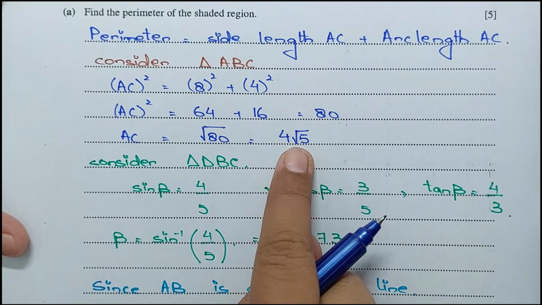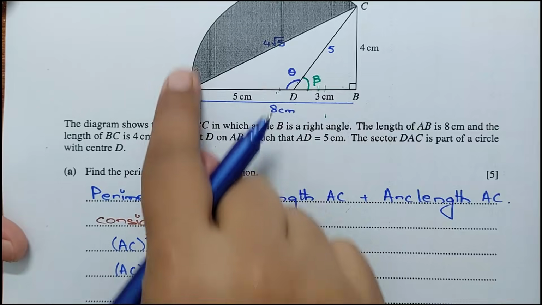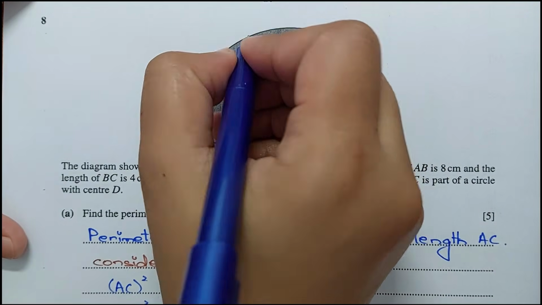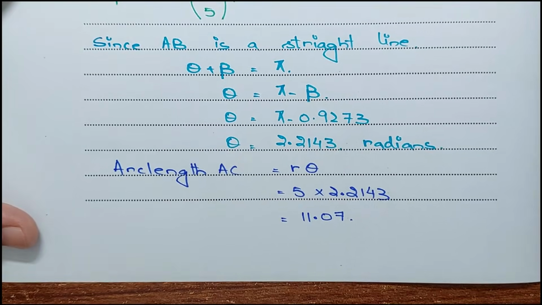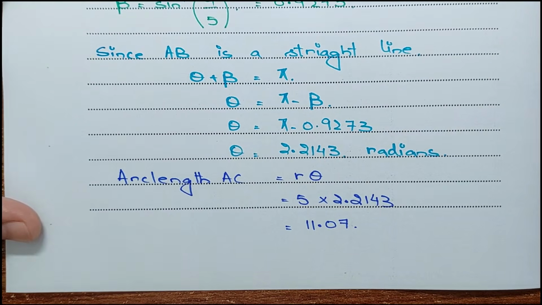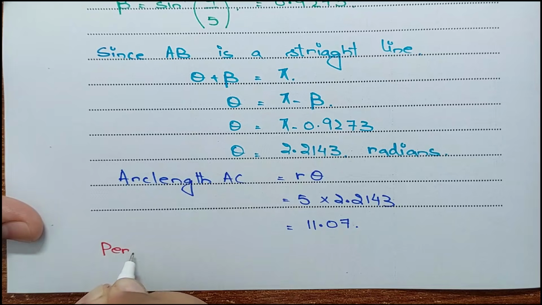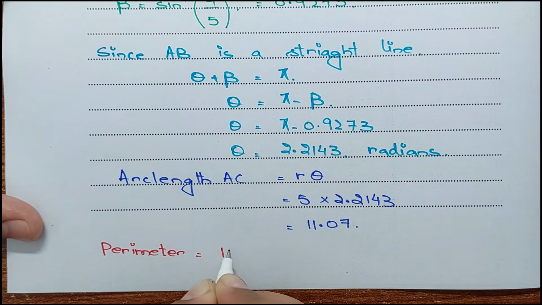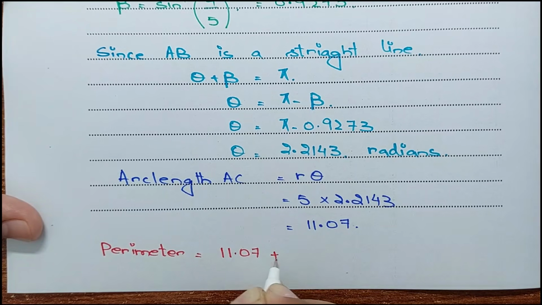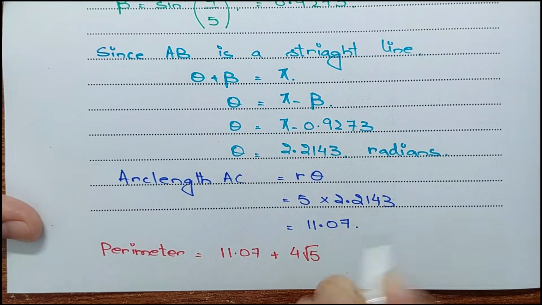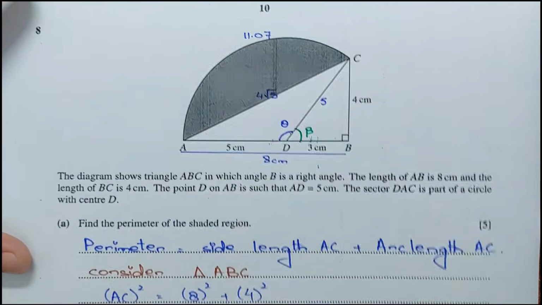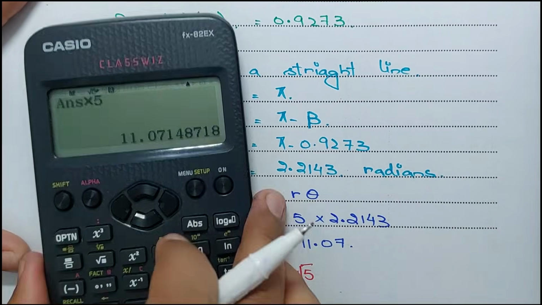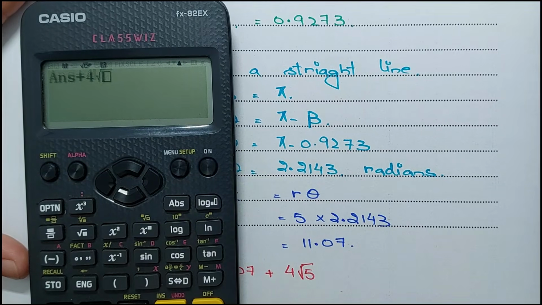So we have the side length and we have the arc length. The arc length is 11.07. Now let me solve for the perimeter. We can say the perimeter is the sum of the arc length AC and the side length AC for the shaded area only. Both of them added, and here you will get plus 4 root 5,